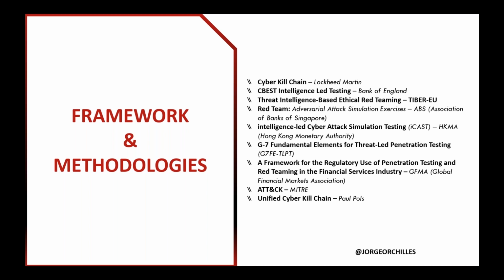So there's a number of frameworks here. We have the cyber kill chain from Lockheed Martin. That was one of the first ones. We bash it because it's short. It only has 7 steps. It doesn't really cover what happens once you get initial access and command and control all the way through action on objectives. But we forget that this cyber kill chain actually got us in front of senior management and board members. They see the cyber kill chain and they know what you're talking about, which is very important when we